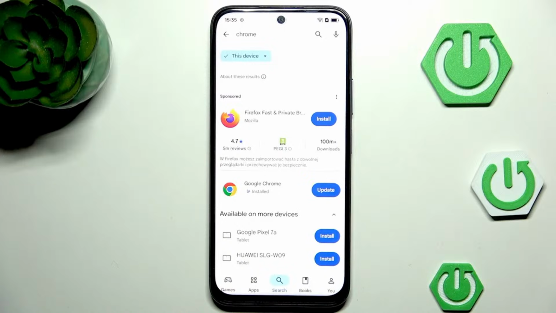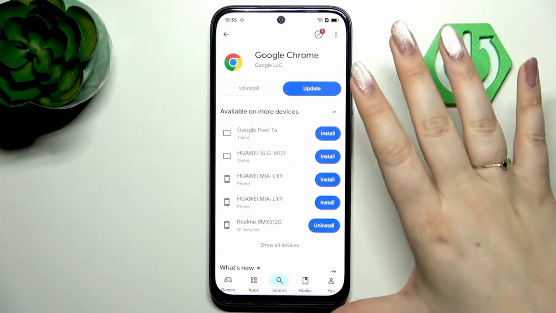However, sometimes the update itself is a problem because of this overwriting thing. Sometimes the file couldn't be... I forgot the word, but could it be overwritten, let's say, and there is an issue between the old and new version. So in order to fix that, I highly recommend to simply tap on this Google Chrome, simply enter